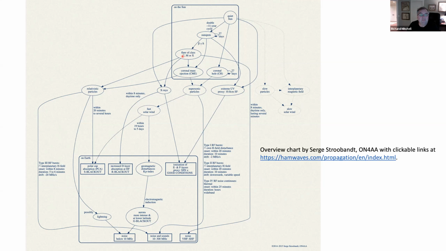If you get M and X class flares, the strongest flares, you get coronal mass ejections, which do various things on Earth, causing blackouts. You've got effects on the aurora, effects on RF,